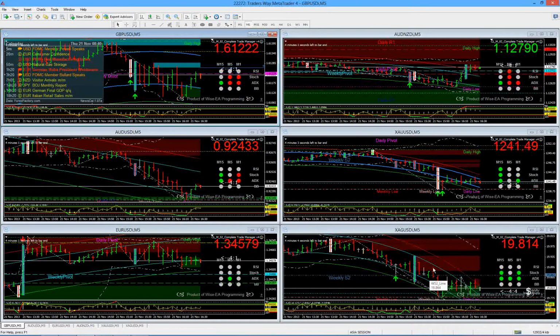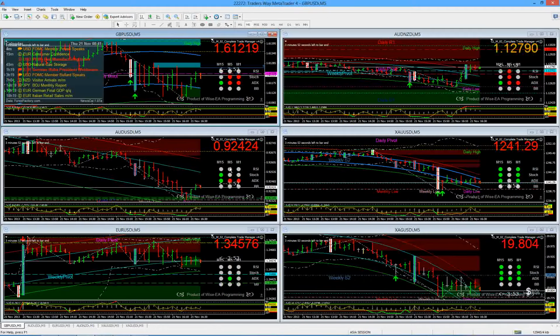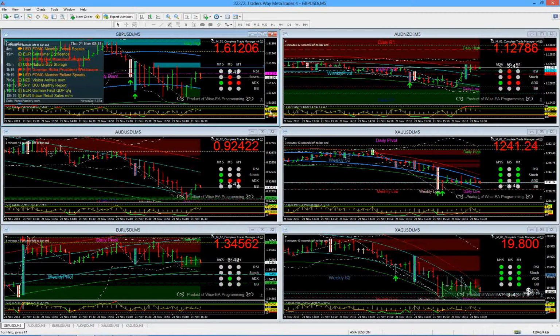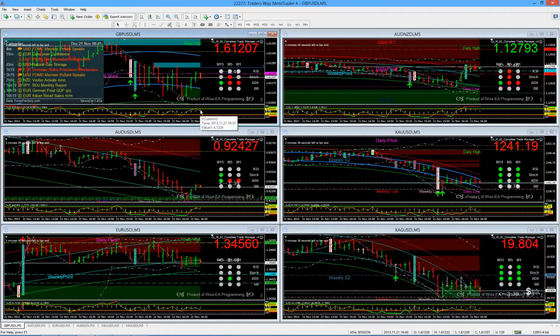Now, how on this do I recognize when I got a setup coming? Well, if you look at the little fluffy dots, whatever you want to call them, right now they show RSI, stock, ADX, and BB. For Trading Access 3.0, down below here, we're going to add in value charts. So it will show that, like currently right now, value charts is at about 4.1319. So it would show 4 point something, and it would be